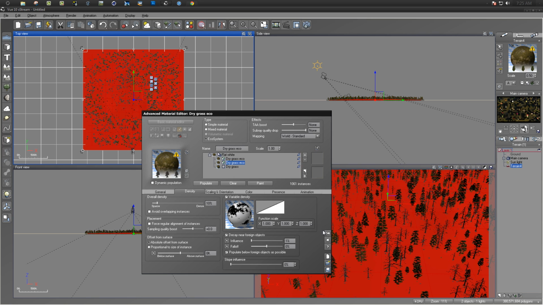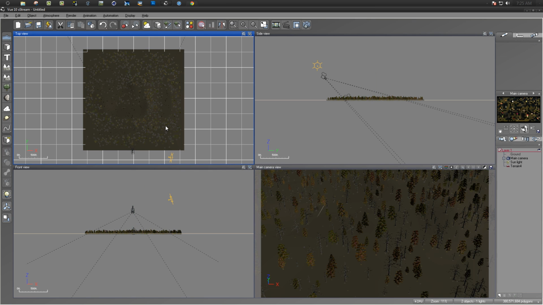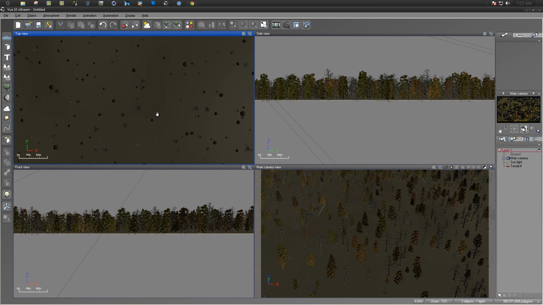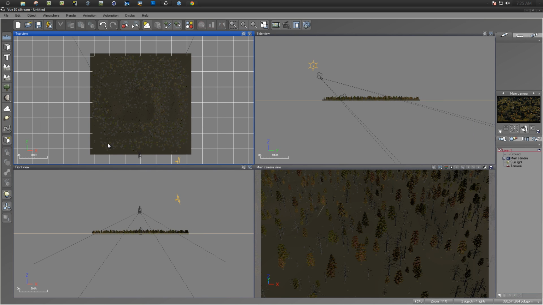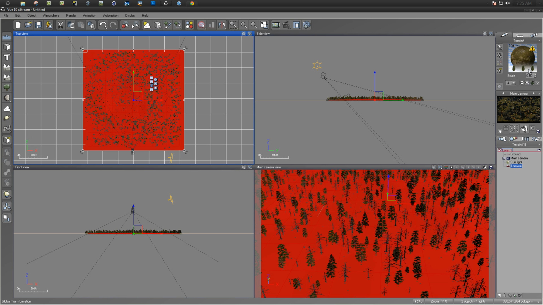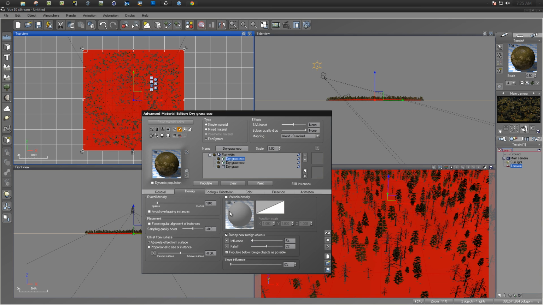Populate that, and then we have less, but if we go in here, you can see how so far they're almost in a swirling pattern right here with the colors and the way they have been brought together and populated. So that looks good. But now that we have the mixture of different colored trees and dead trees, we have